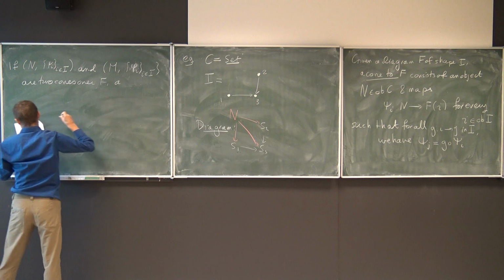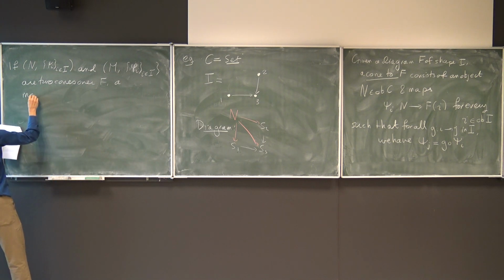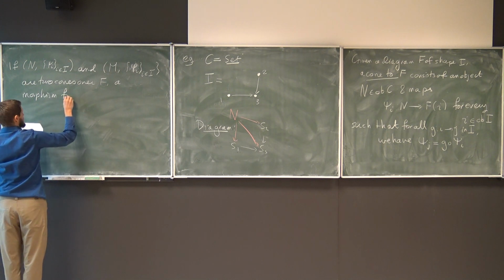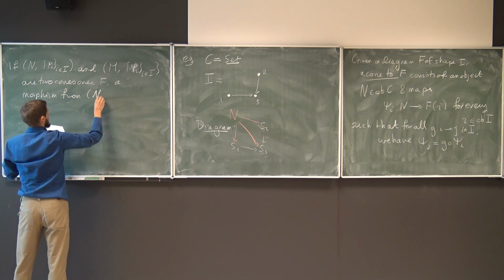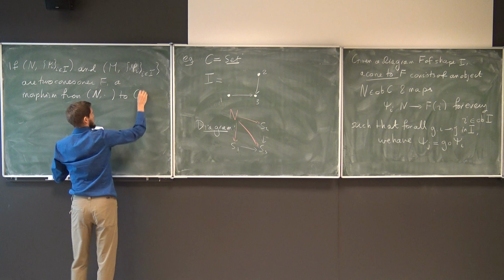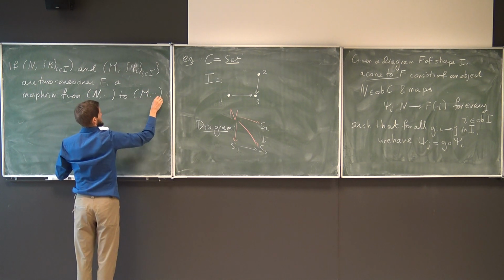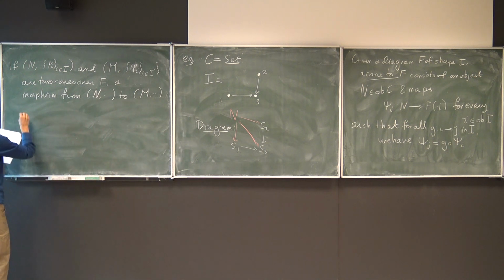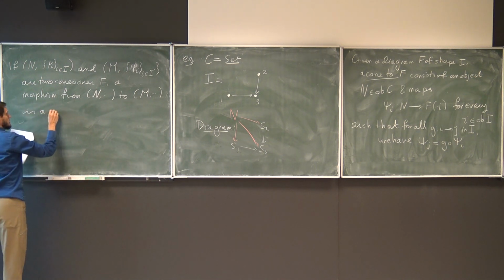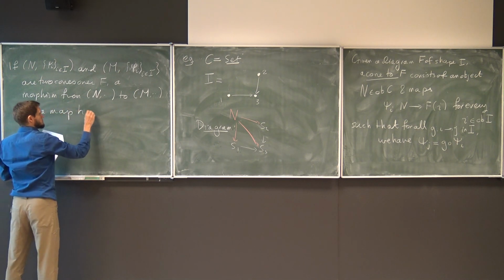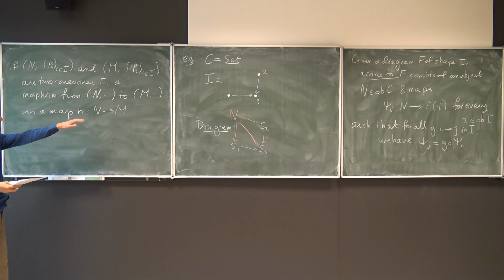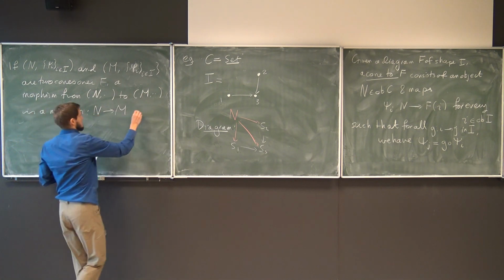A morphism from here to here, sorry, I'm going to be lazy and not write out all these index things again. It's just a map, say h from n to m. This is m and n objects of my category C, so this is, of course, a map in the category C, and such that